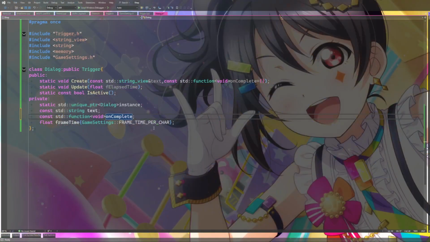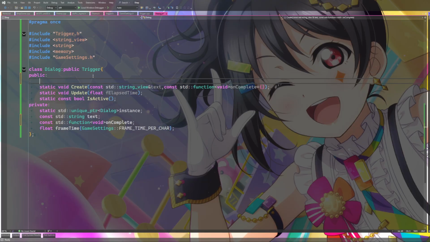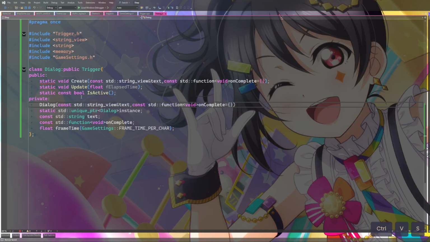Text. Wait, it doesn't have a constructor. How are we supposed to... Hold on. Make a constructor for this guy? With these items? It's gonna be a private constructor? I guess it's gonna be a private constructor. It's kind of interesting. Because you're actually going to call the static function to create it, because we're creating a singular instance of it.